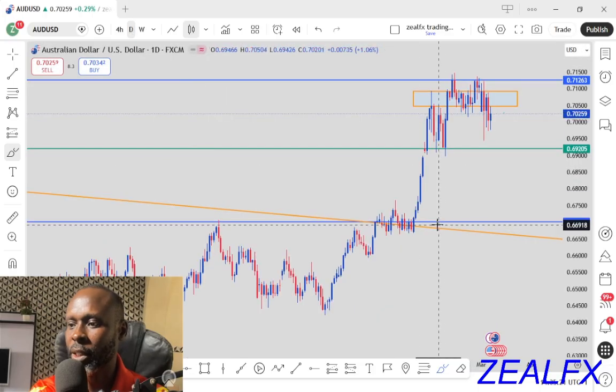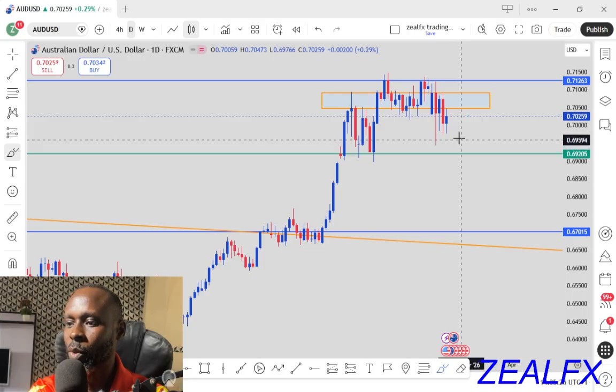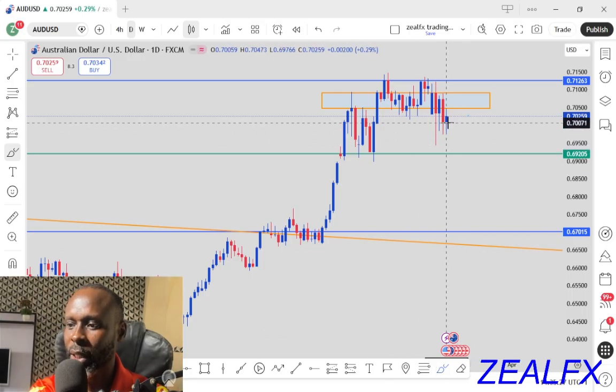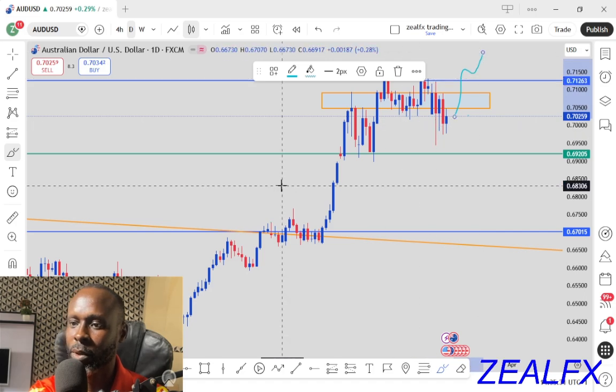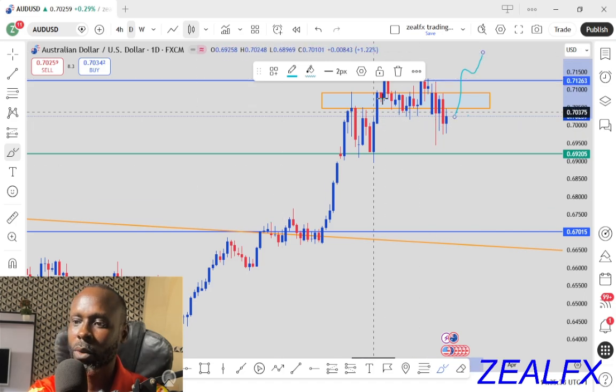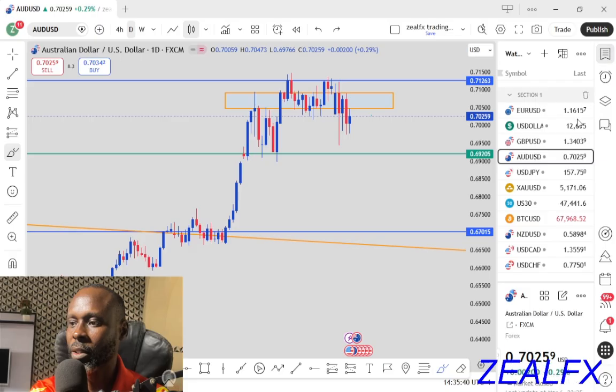So let's go back to the daily chart. On the Australia USD daily chart, for the buy scenario, we need price to go above this resistance level. We need price to come above this resistance level, then wait to retest, and we can start looking for buying opportunity. So for now, we remain neutral on the Australia USD. So let's look at our next pair, which is the